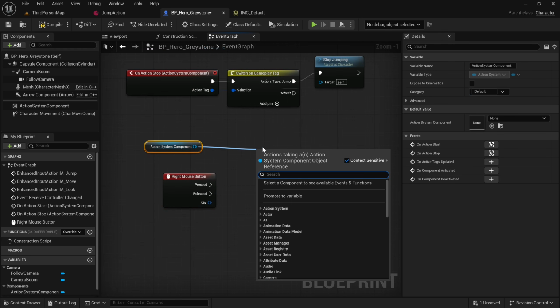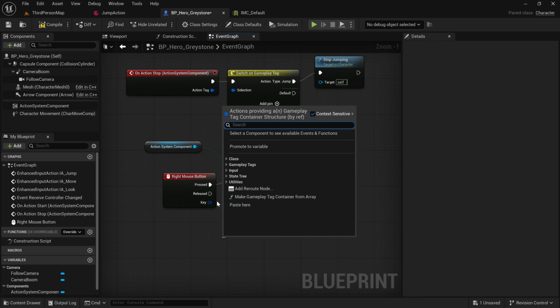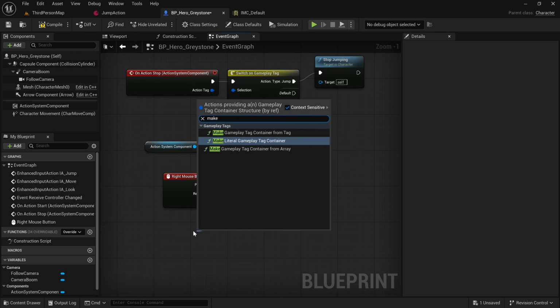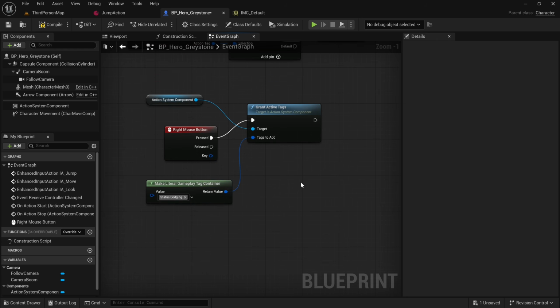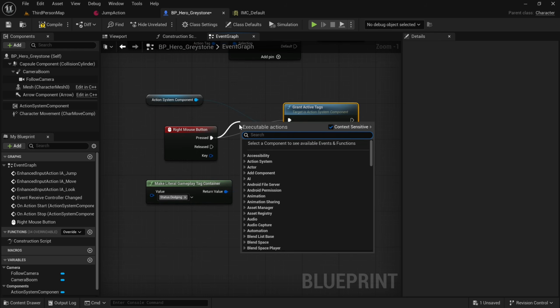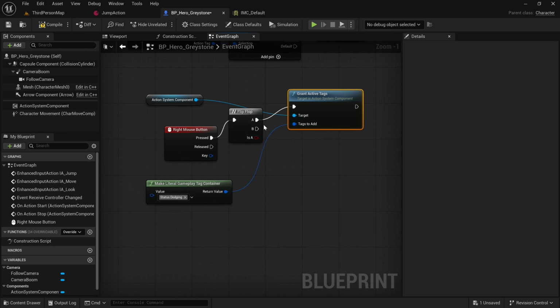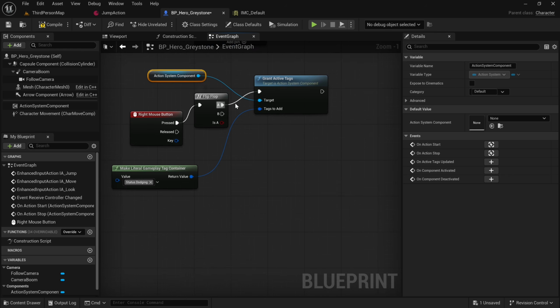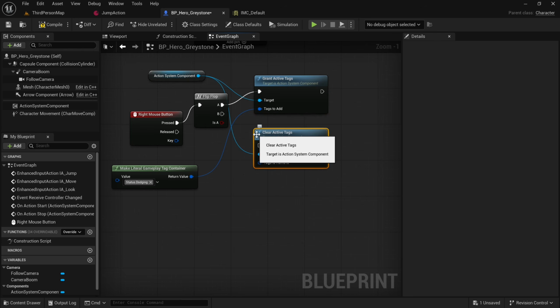Let's call a function that we created in our action system component called grant active tags. So this is going to grant tags to the action system component, make a literal gameplay tag container, status, dodging. And let's actually do this on a flip-flop. So essentially a flip-flop just alternates between A and B. If we press it once, it will do A. If we press it again, it will do B. So let's clear active tags,